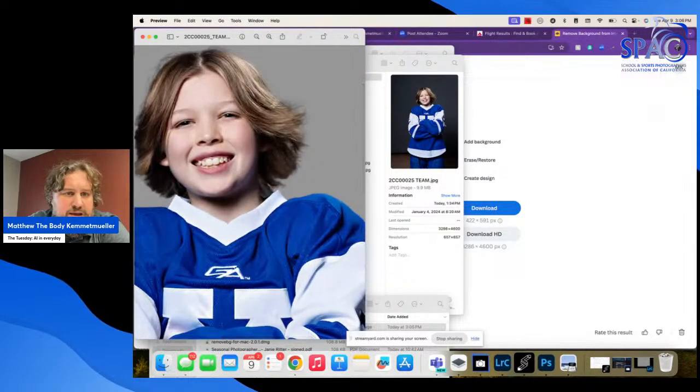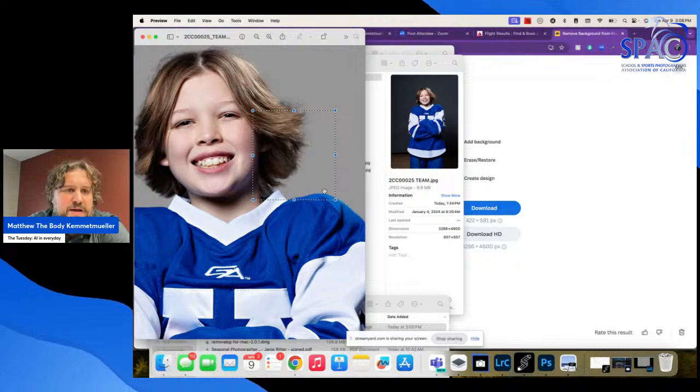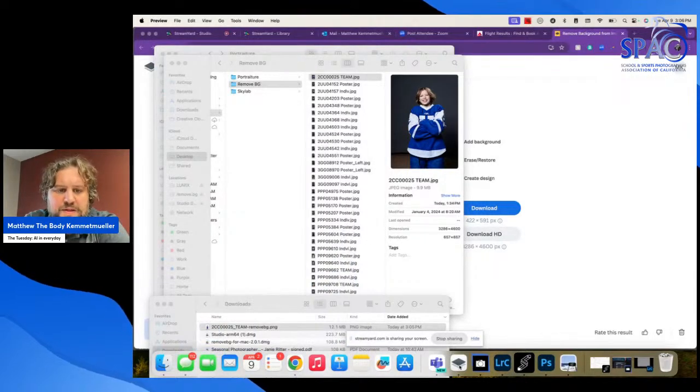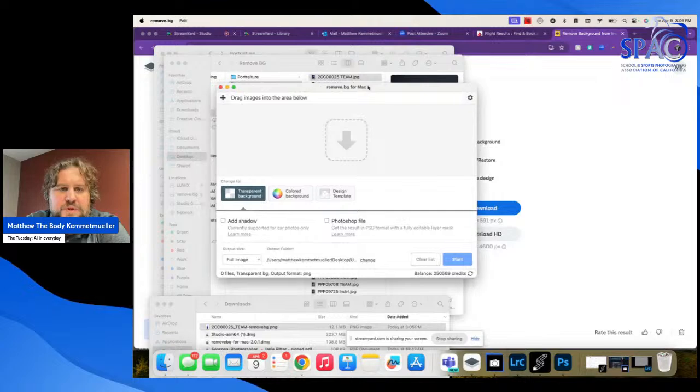We're able to get a high res one. You see those edges on the hair are much better, not that weird kind of fuzzy drifting off product that we saw from the other ones. And Remove BG is pretty cool, but the other thing that was cool about Remove BG was it allowed us